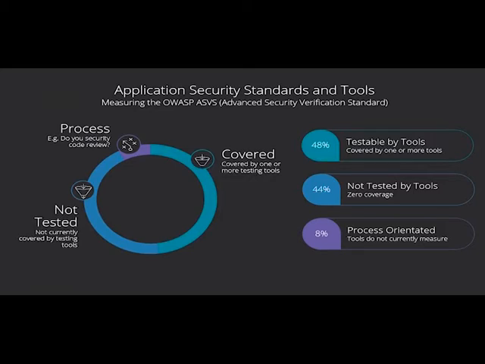Now that means there's around 52%, or around 97 aspects, that are not checked by any of the tools. Some of those are process oriented and don't really relate to a test that can be run against a developed product, but it does mean there's a number of aspects that wouldn't be covered.